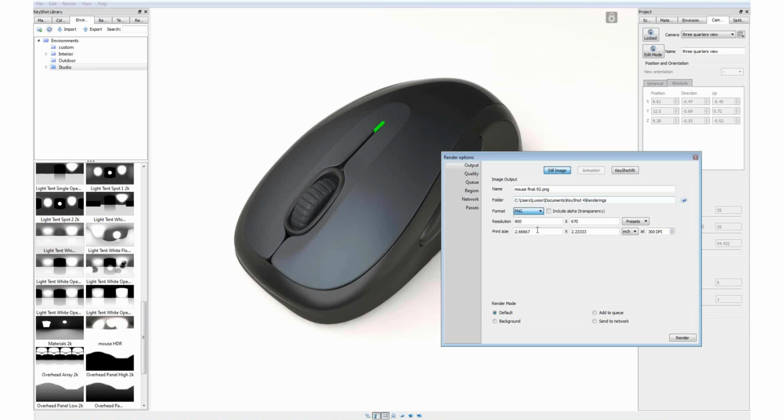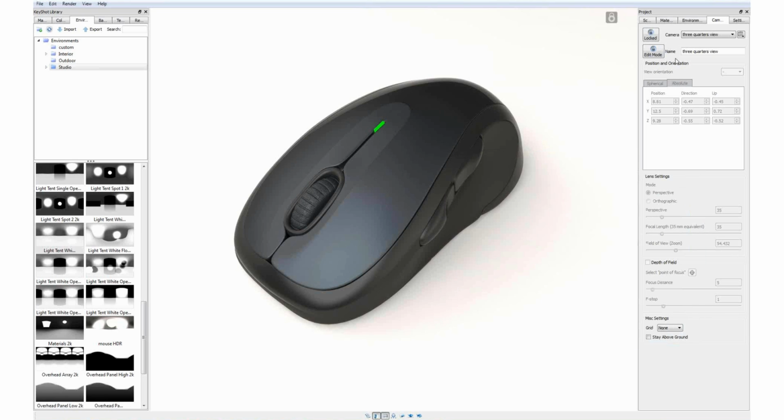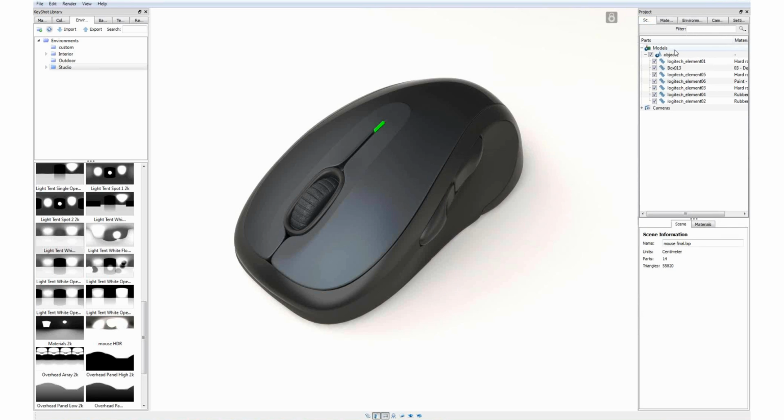What I like to do is go to PNG and include alpha. That way I can put it on top of another color if I wanted to. And go ahead and render that out into whatever folder you need for your project. And what we're going to do next is actually